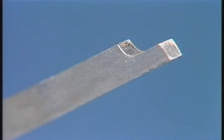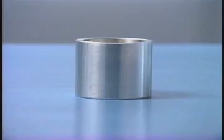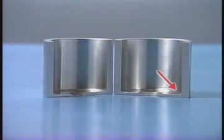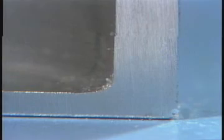The end of the depth bar has a cutaway step. This is to avoid rounded corners at the bottom of the object being measured. To measure the depth of the bottom accurately,